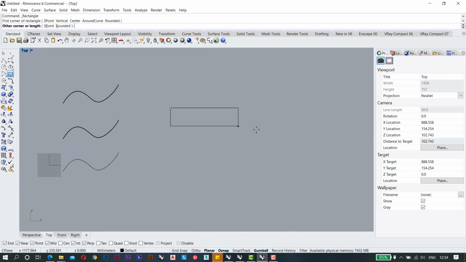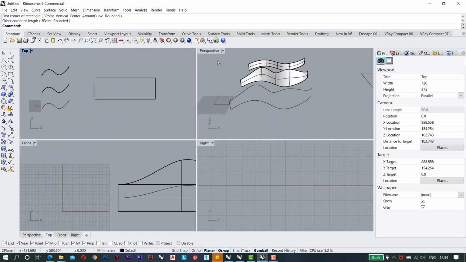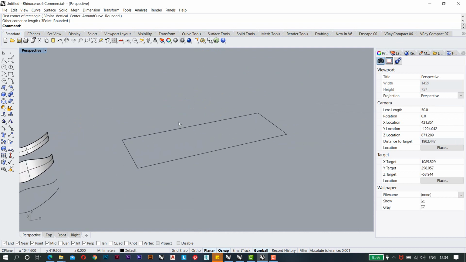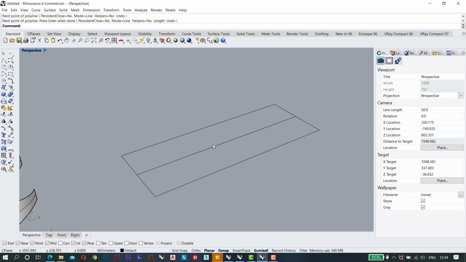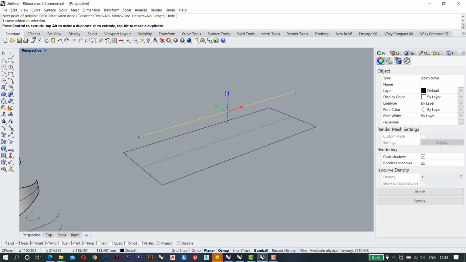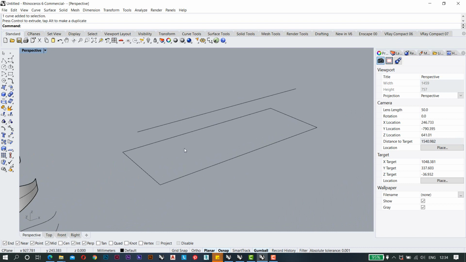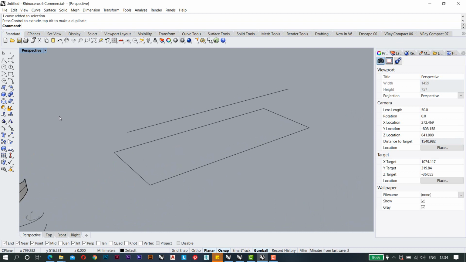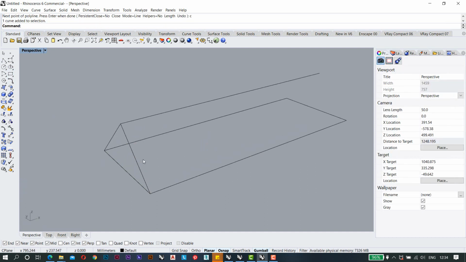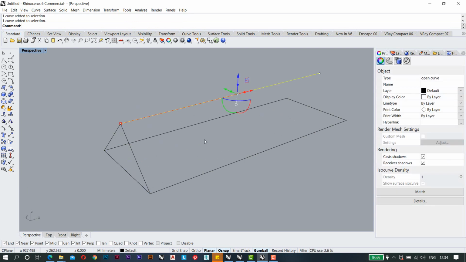So first we will make a rectangle. If you want to make a slope groove, so basically just make a rectangle and make a line in the middle of it. Then select it. I am going to do this just as proportionately. There are no dimensions included, it's just the proportions. So basically I am going to attach this thing. I have made a triangle, middle line, and pushing it towards upwards.